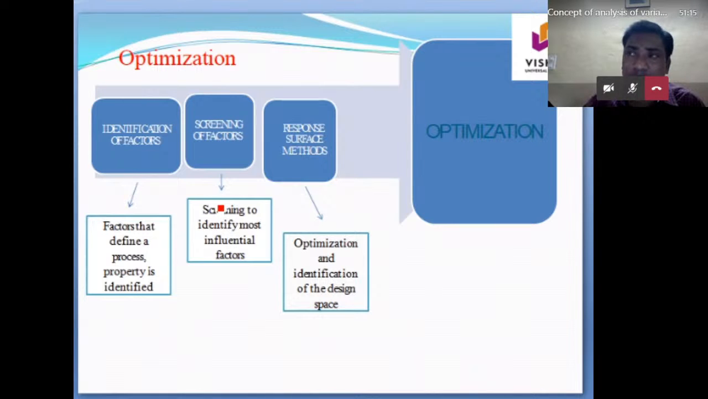As I said, you have to select the parameters. Let us say I have a process in which I have to choose 2 or 3 parameters. You have to identify which parameter is influencing, that is, identification of the factors. How many factors are there? All of you know, if you take any chemical process, let us say